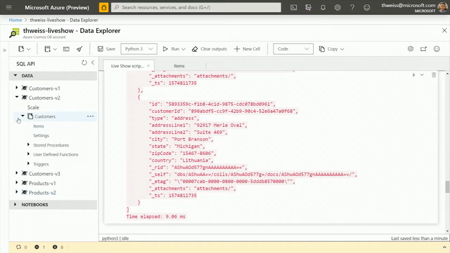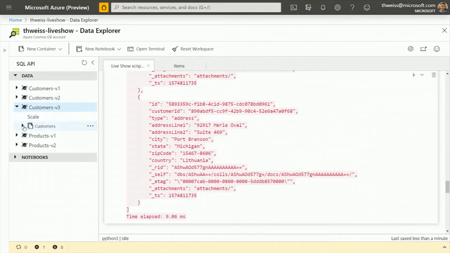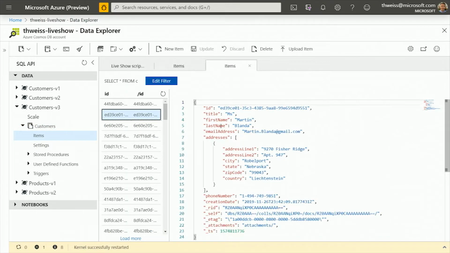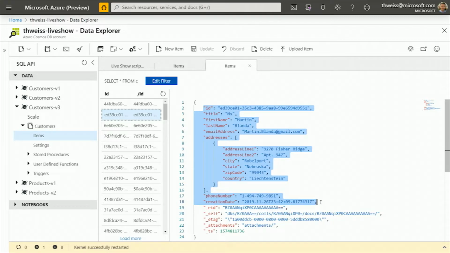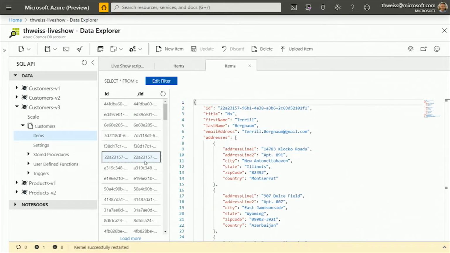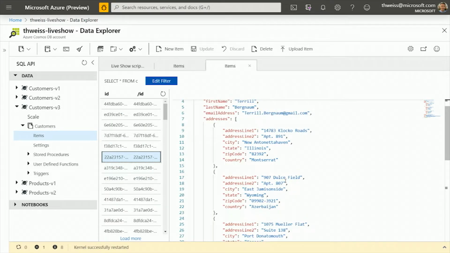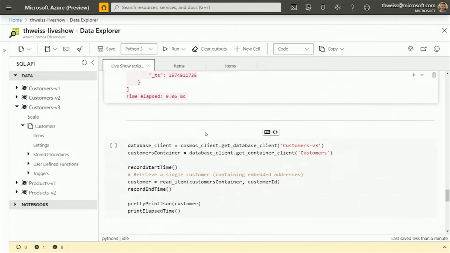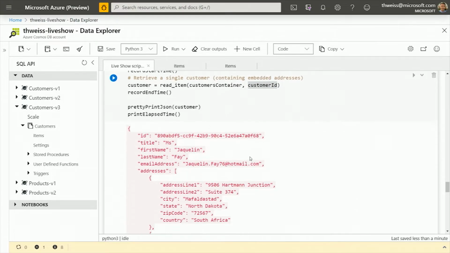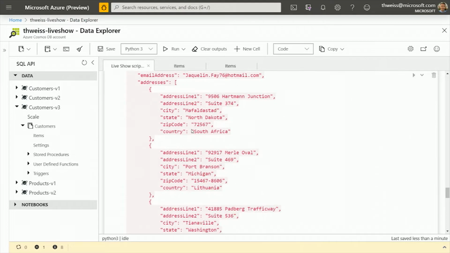So that's my V3. And in my V3, I still have just one container, but now when we look at my documents, I can see that starting from the original customer JSON document, I have added an addresses array directly in the document. And this array actually holds the different addresses for each customer. And now, the same operation I did before, just fetching one customer and the corresponding addresses, can be done even more efficiently by just doing a point read. I just pass the customer ID, and what I get back is one document containing customer data and the addresses.